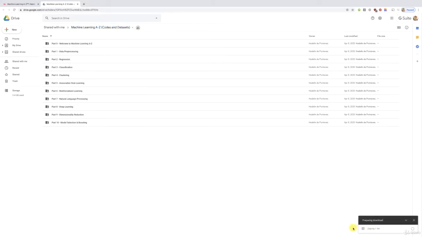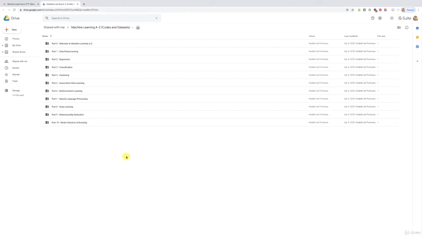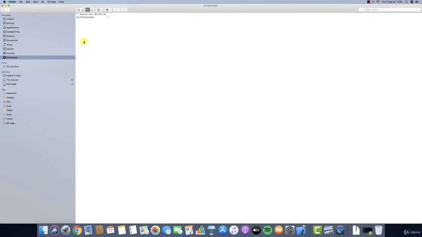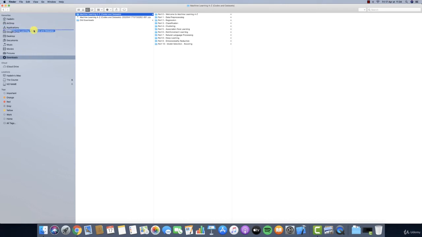It is not a big folder because it only contains codes and datasets. So at first it's going to zip the file and then it's going to download it very quickly. All right, it should just take a few seconds and there we go. Download ready. Now it is downloaded and all good. Perfect. So I'm going to close this tab and now I'm going to show you what we got. I'm going to go to my download folder. Here it is. This is what was just downloaded, this Machine Learning A to Z folder. So let's unzip it. I just double clicked to unzip it and here it is. I always like to put it on my desktop. So there you go. Let's go to my desktop and here is the whole Machine Learning A to Z folder